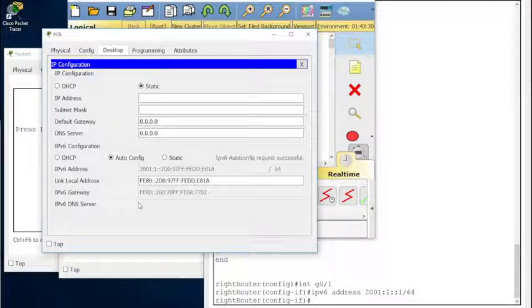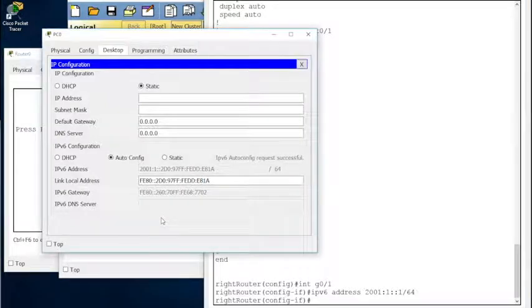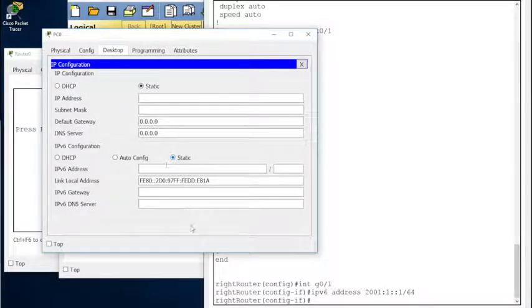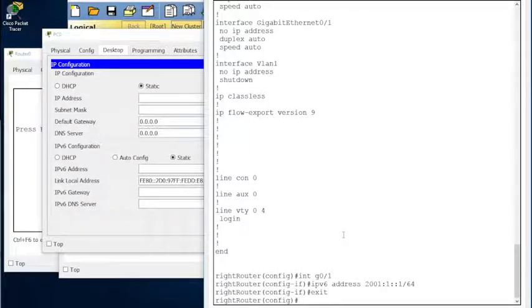We're operational here. Now, if we want to go a little bit further and populate this area here, the IPv6 DNS server, let's go back to static information, clear that out, and show how we set up stateful DHCPv6. Okay, so with stateful DHCPv6, the first thing we're going to do is do an IPv6 DHCP pool with a pool name,